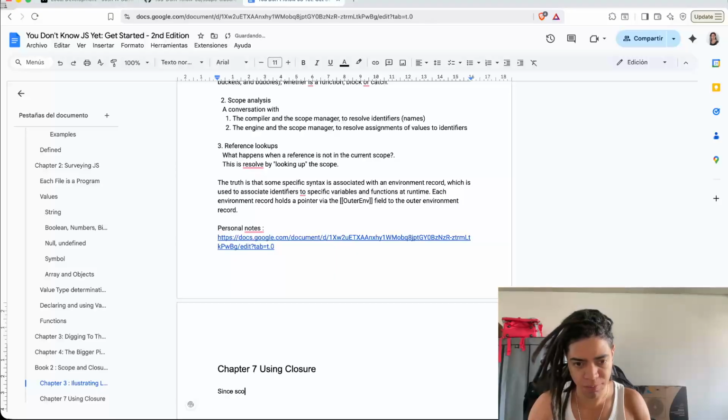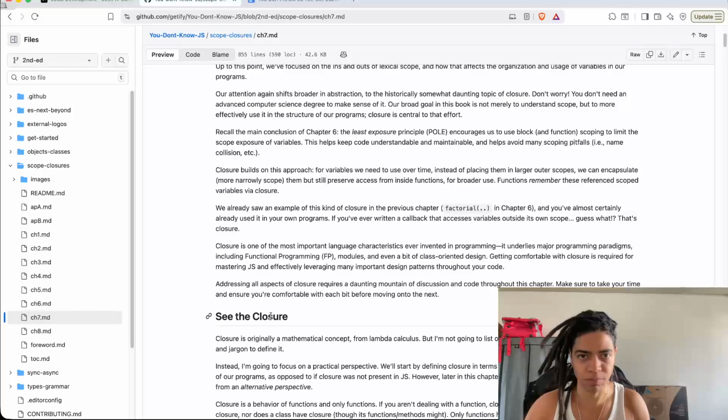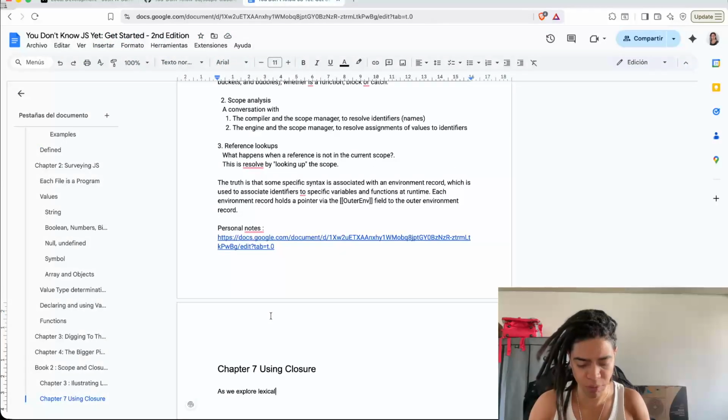As we explore lexical scope, because that's what it is at the end of the day, as we explore the ins and outs of the lexical scope and how it